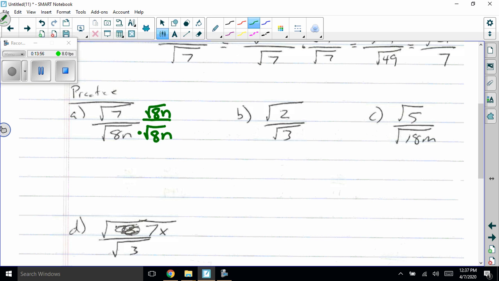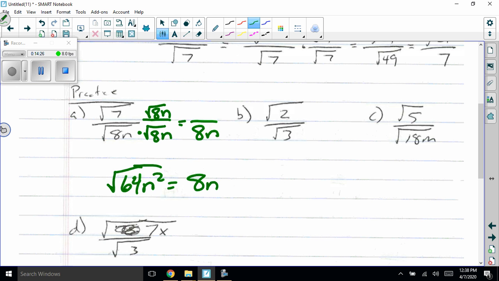When you multiply radical 8n times radical 8n, you end up with radical 64n squared, which makes it a perfect square, which means you pull out the square root of 64, which is 8, and the square root of n squared, which is n. No more radicals in our denominator. That's what we're trying to get to. You cannot have a radical in the denominator of a fraction. That's what we've done. And then up top,